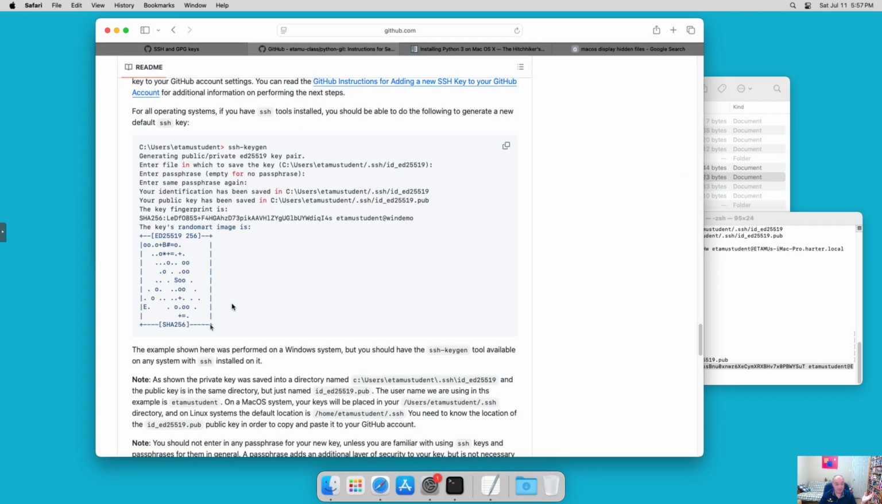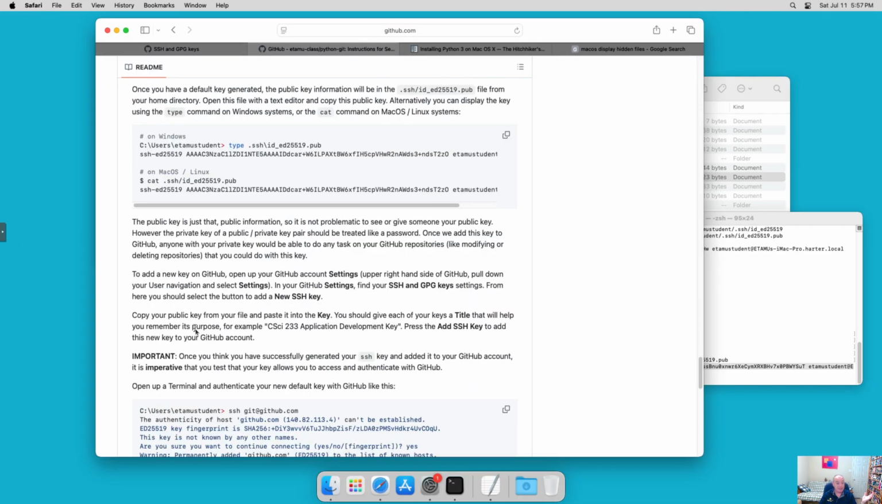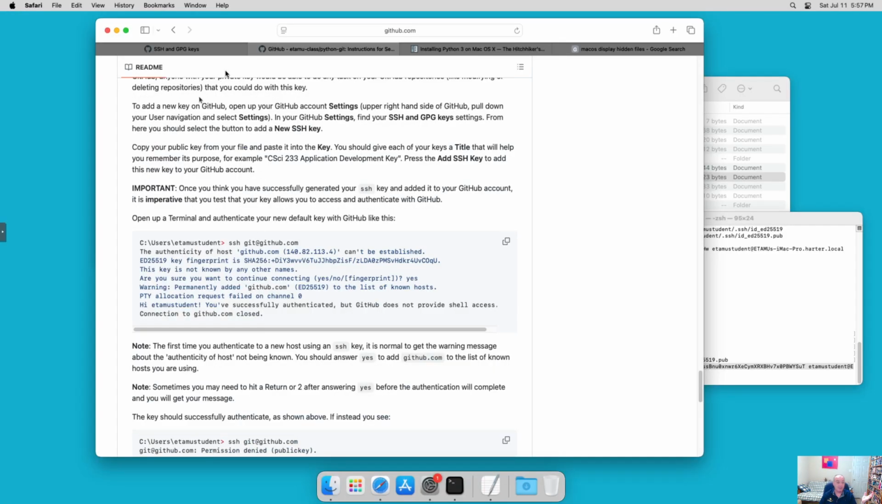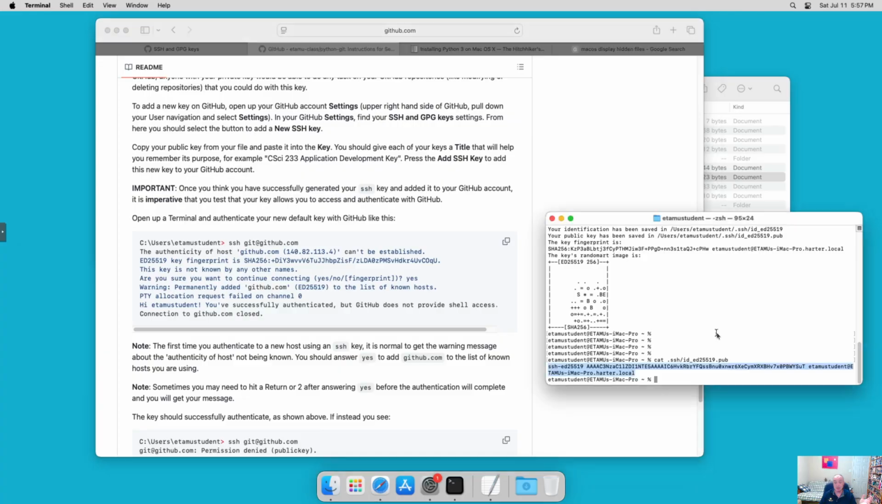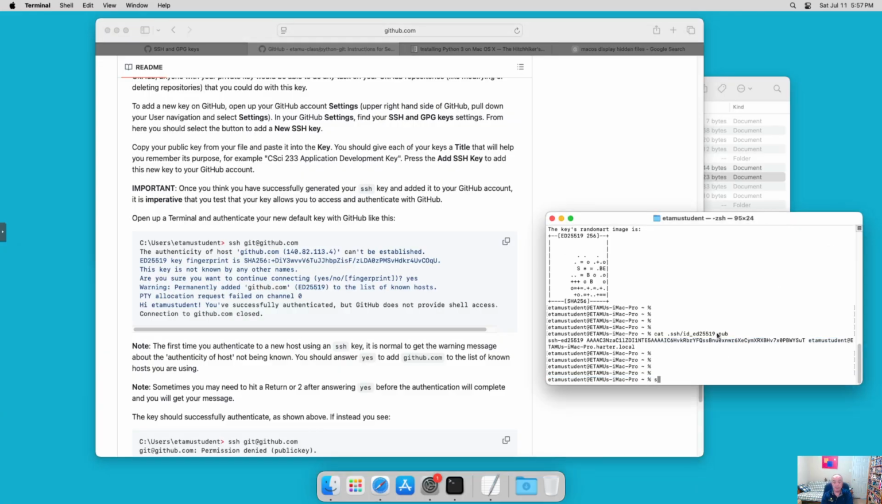GitHub here. So if we go back to our instructions here, do not skip this step, right? Once you think you've added your GitHub key, you should confirm that you can authenticate with it from a terminal again. Okay? So if we do SSH to git@github.com,